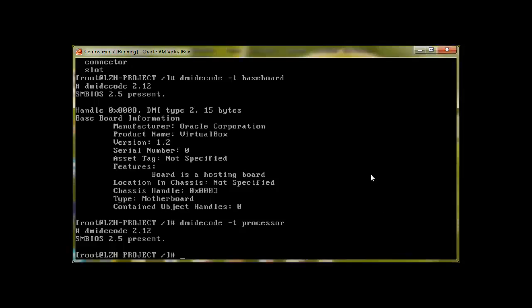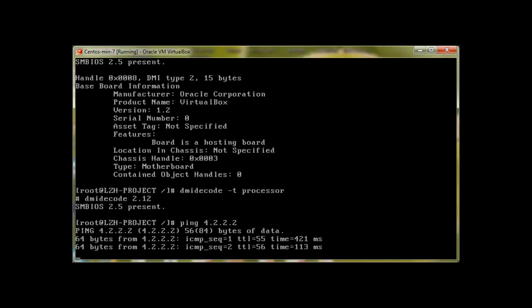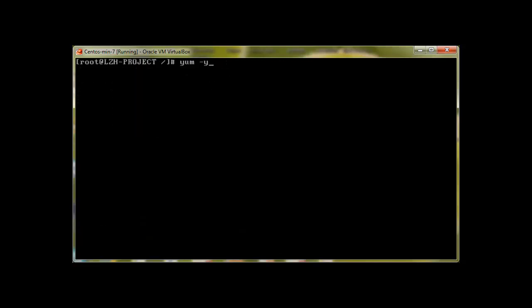And last but not least, I just want to check some more commands, and one of the most important commands in Linux, especially in CentOS, is how we download packages from the internet. First we need to make sure that we have a connection. Let me try to ping. Yes, we do. And let's say we will install a package, and to install it we'll use yum -y install, let's say MariaDB